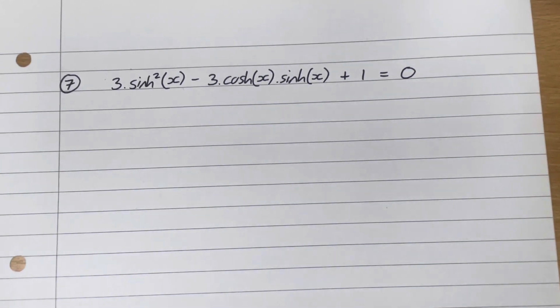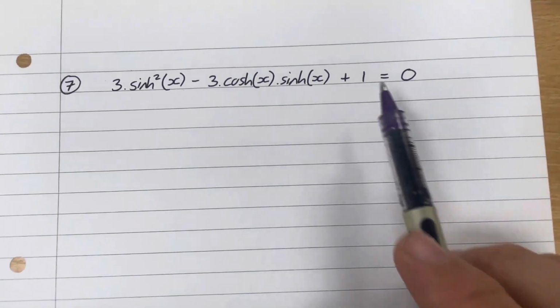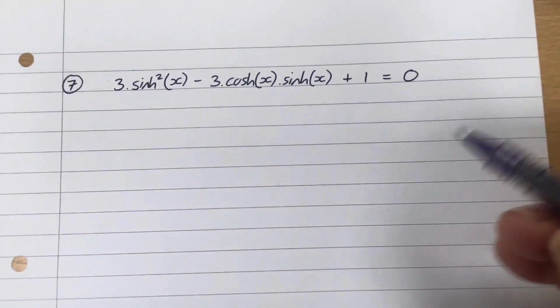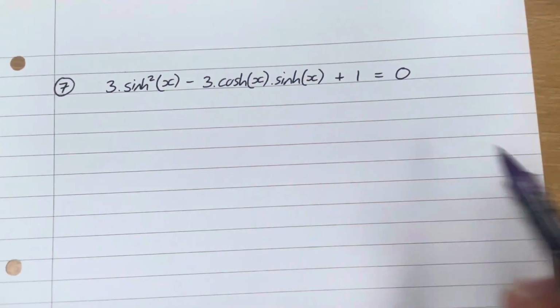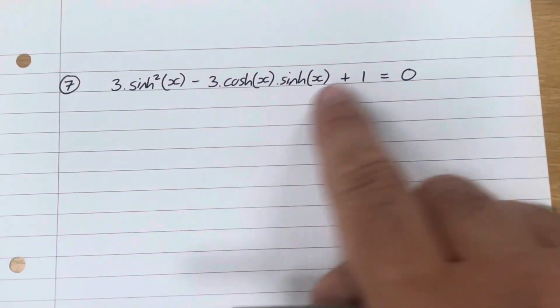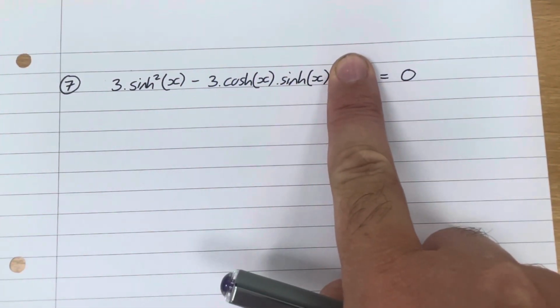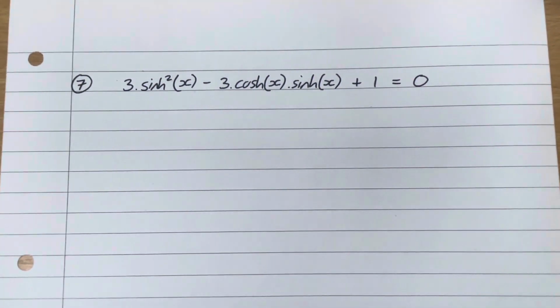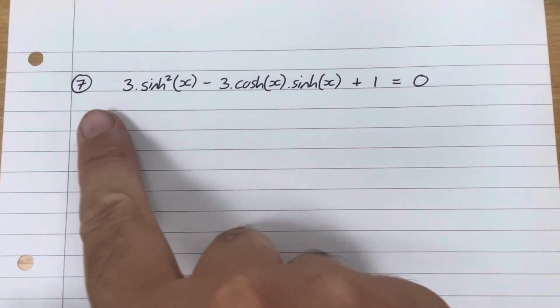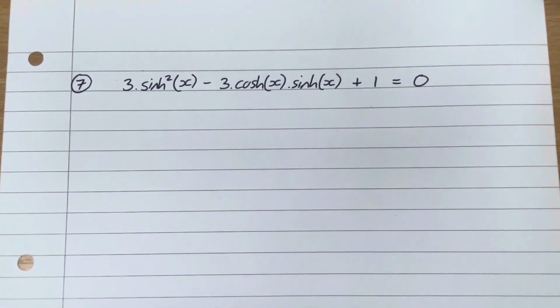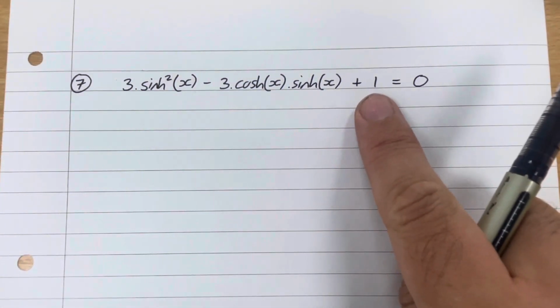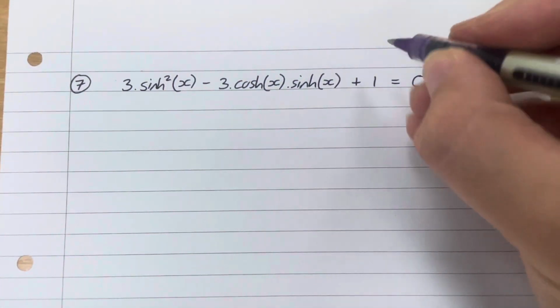Why not? Okay. So the first thing I notice is I've got a 1 kicking around out here. That's blocking me from doing a lot of things. For example, if that 1 wasn't there, then I could factorise out the sinh. Or if that was a cosh squared, then I could just divide the whole thing by sinh squared, give me a quadratic in tanh. But that 1 is a bit of a pain. So I'm going to get rid of that. And the way I'm going to get rid of that is I'm going to say